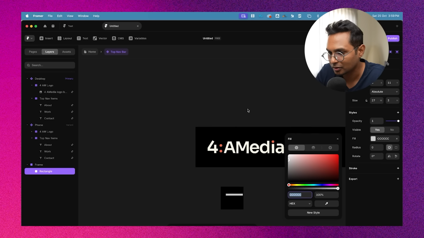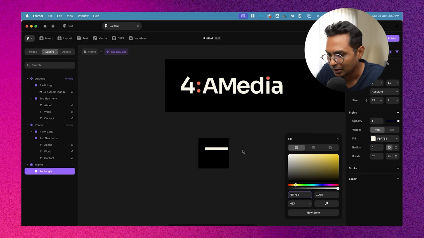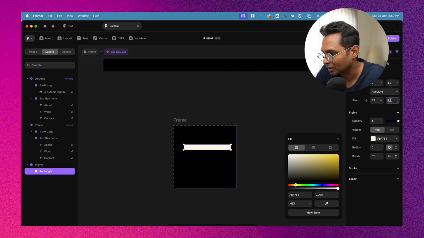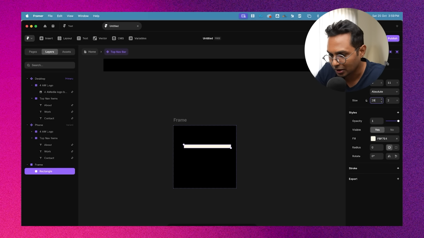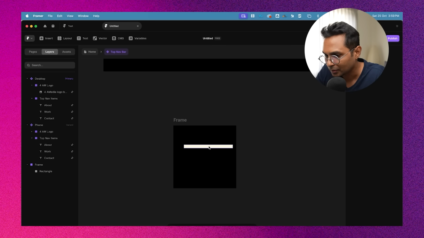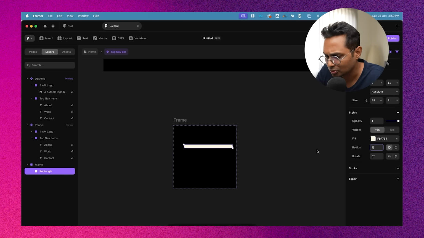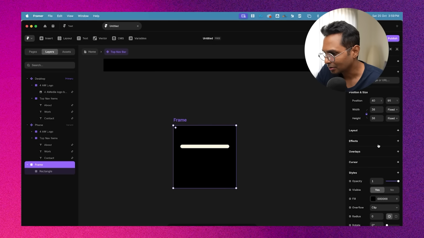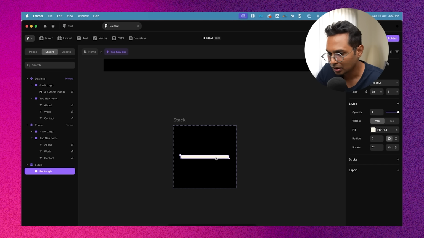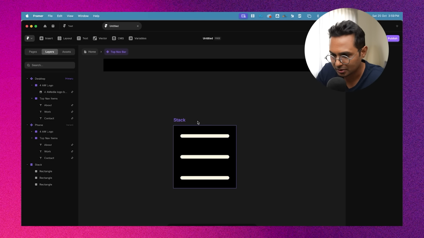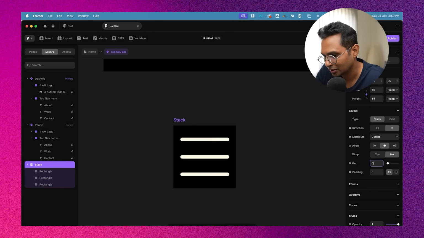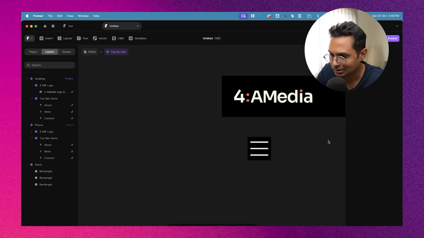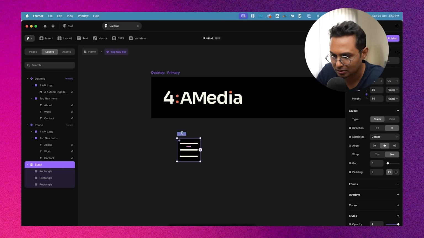I'll fill it up with the same color that we had here. And we'll give it a height of around 2 pixels. And what if we make it around 28? And let's give it a radius also around 2 pixels. So there we have it. And now, what if we make this into an auto layout, right? We'll make it vertical and we'll copy 2 times. And now we can decide the padding between them, right? So let's make it around 8. And this is our stack, or this is our hamburger